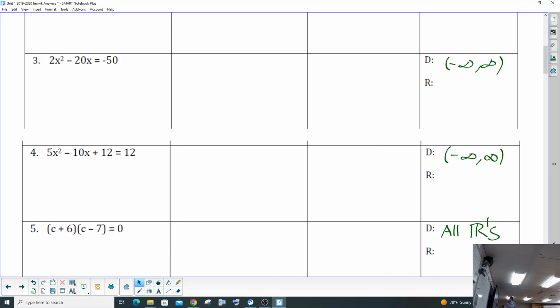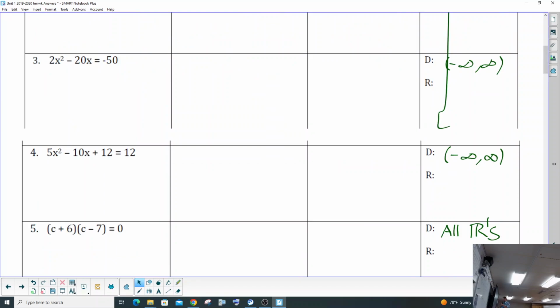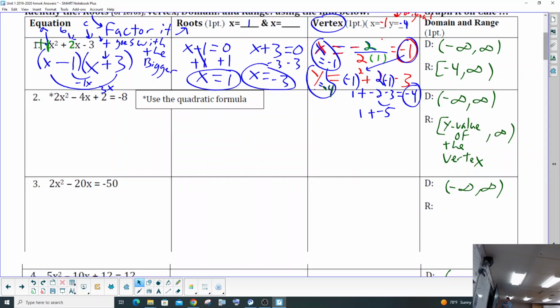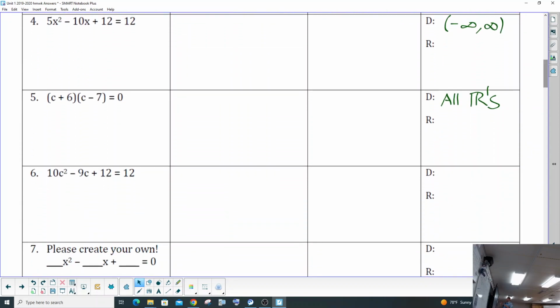Okay, now the range again, the range is going to be the y value of the vertex, right? The y value of the vertex to infinity, basically. I think it changes with 6 a little bit, because I think it goes the other way around with negative infinity upwards to the number. But that's basically the gist of it. I'm going to jump to 5, because it has a crazy answer, but try number 2,